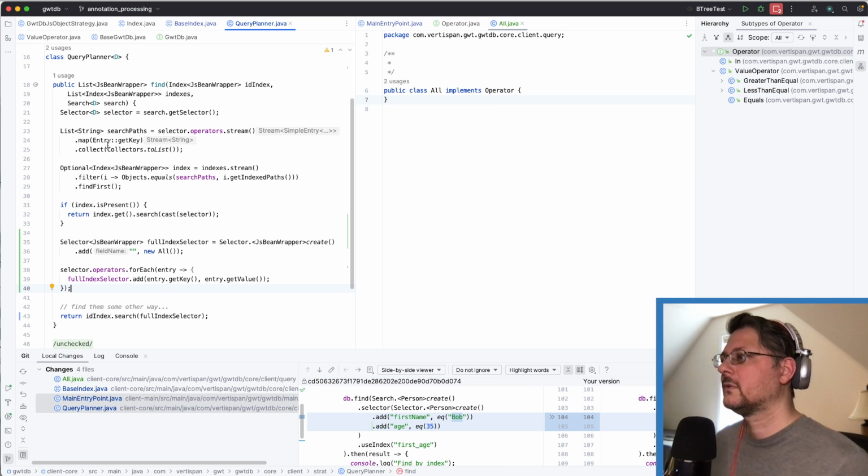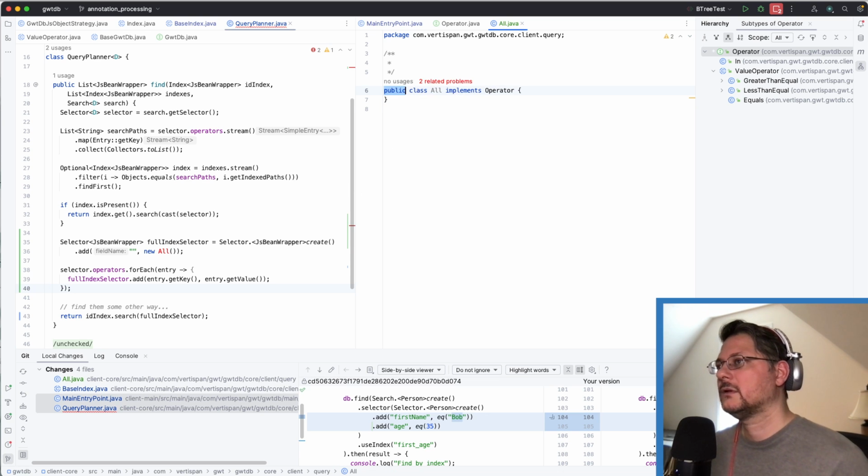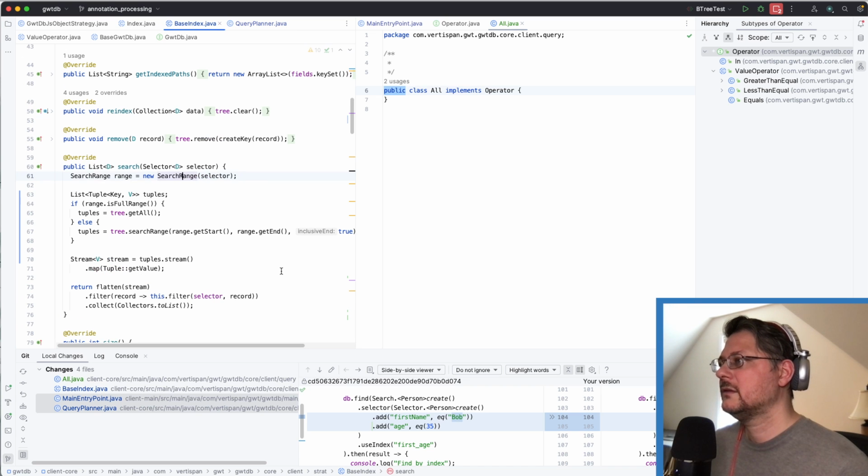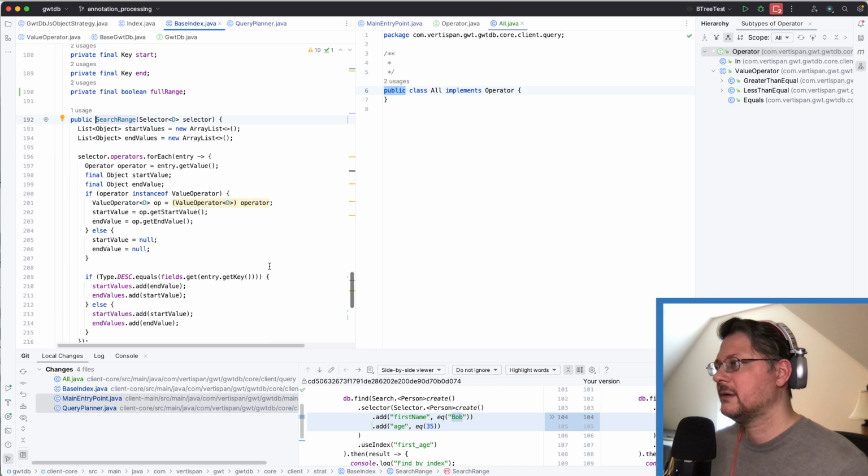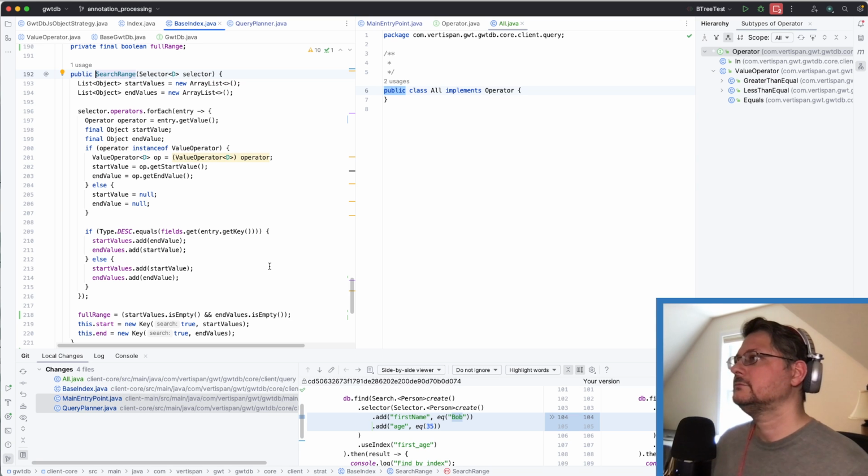Okay. Different package. So then in the other base index, I guess in here,